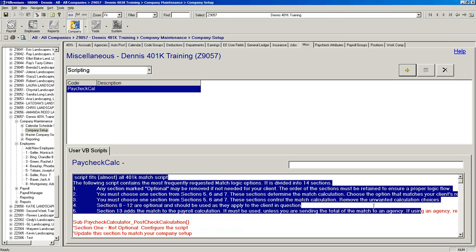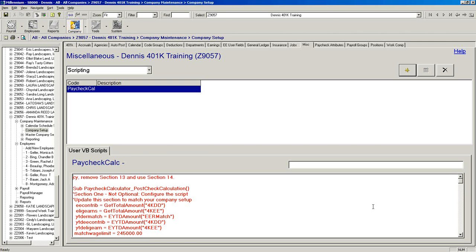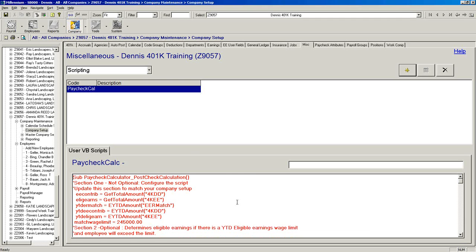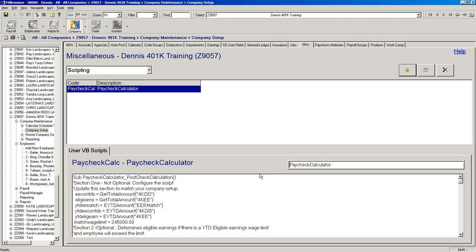Because I don't really need them, let me just get rid of all that. Almost there, bear with me. Over here, this word goes here, paycheck calculator. Now, tell me, as an experienced group of Millennium users, what does this button do?